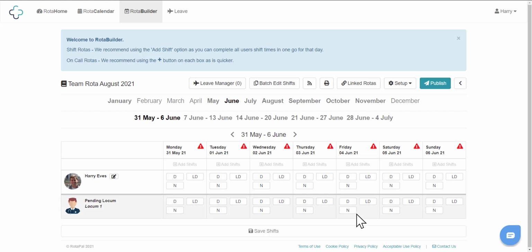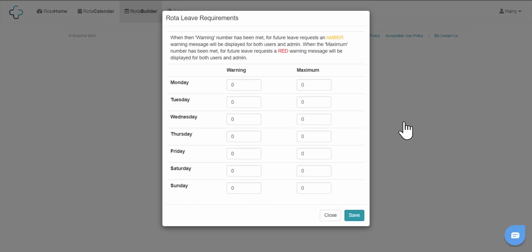The next stage in the setup is leave requirements. Through the development of our Leave Manager Pro, Rota Leave Requirements is set up like a traffic light system. So as the text would suggest, when the warning number has been met for future leave requests, an amber warning message would be displayed for both users and admin. And when that maximum number has been met for future requests, a red warning message will be displayed for both